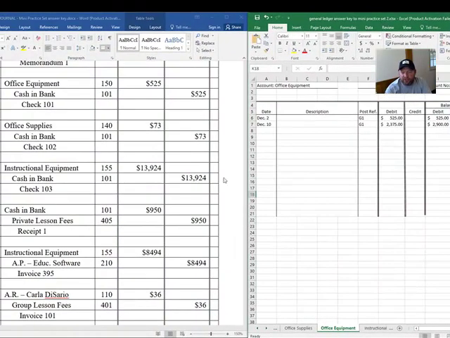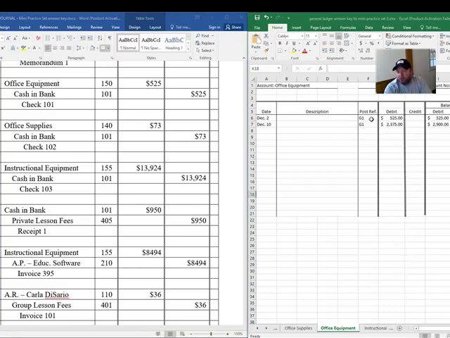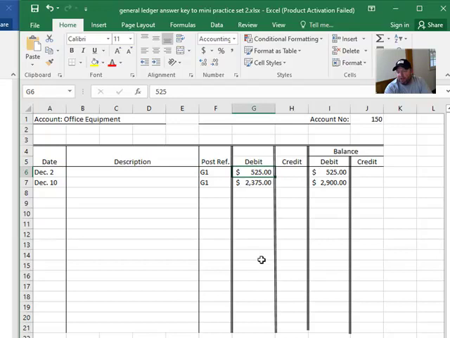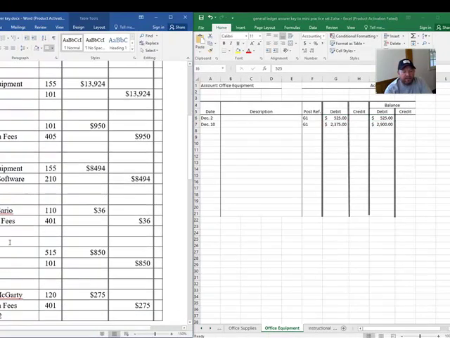Next, we have office equipment. We have two transactions that occurred with office equipment, the 2nd and the 10th. So let's take a quick look at those. On the 2nd, we bought $525 worth of office equipment. Could be a chair, desk, whatever it might be. We wrote a check, check number 101. So here, coming from page 1 of the General Journal, on the 2nd of December, a debit of $525. The normal balance side for office equipment is debit, $525. And then on the 10th,